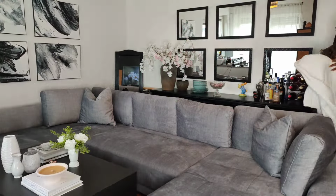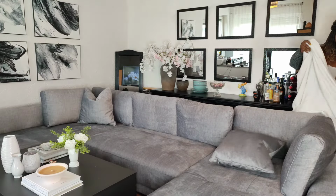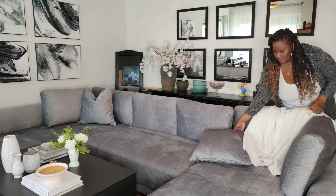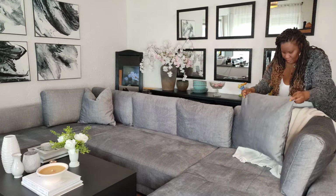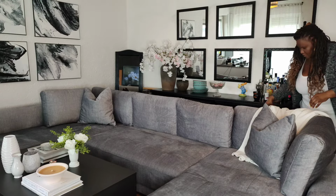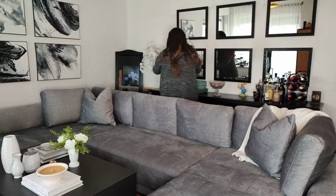I wanted to go ahead and add a throw blanket to the couch, but I wanted something a lot more lighter because everything is so black and gray. That's why I'm trying to use a lot more white in the space now, just to brighten it up or balance